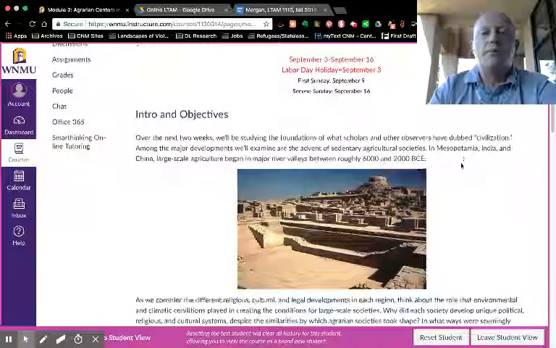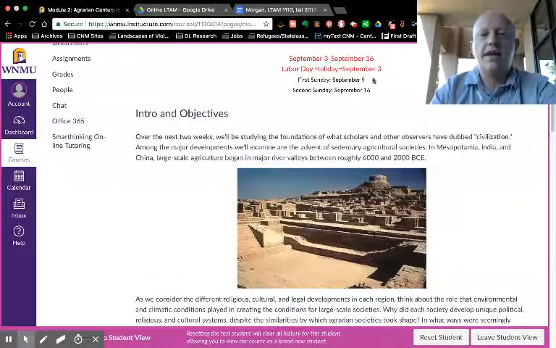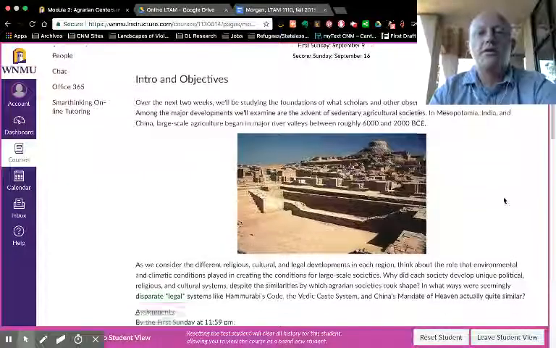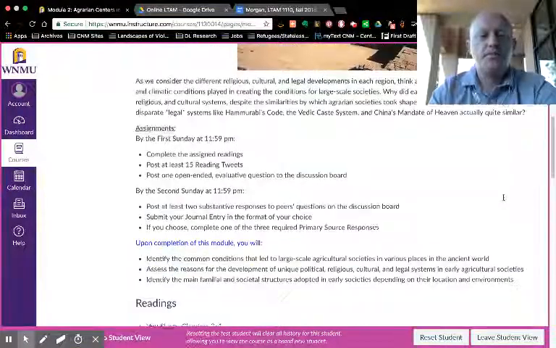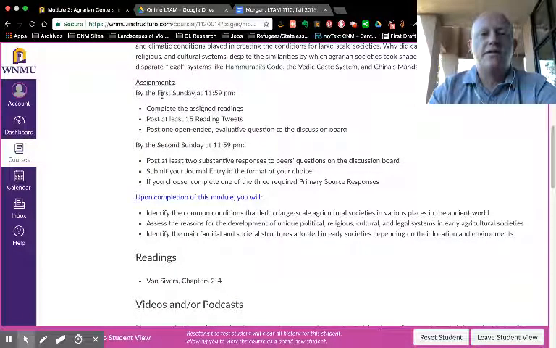So what I've done is I have included the dates of the module so that you'll know which is the first Sunday and the second Sunday, because that's key to how I've set things up. I've also given you an intro with an image. That'll be similar throughout the course. As we scroll down, this is where the first Sunday and second Sunday part comes into play. So you'll see which assignments are due by the first Sunday, which by the second,